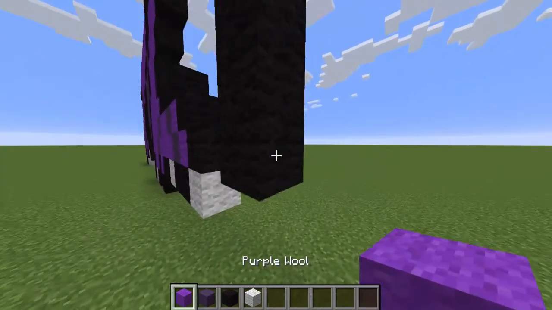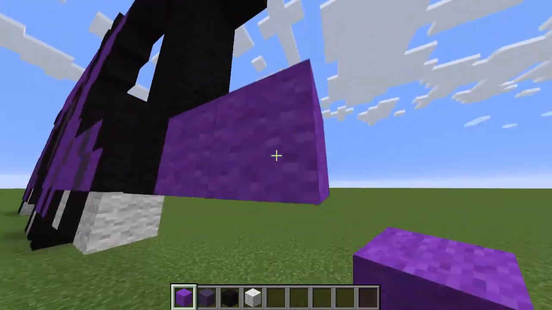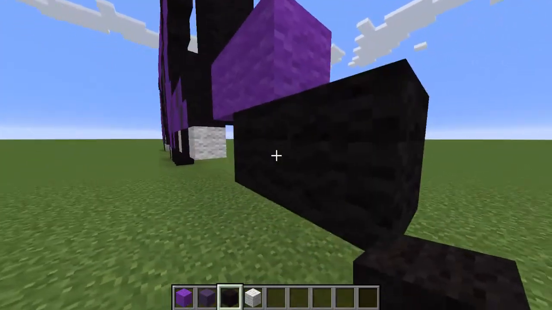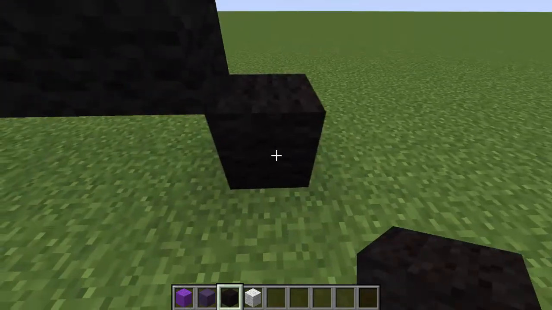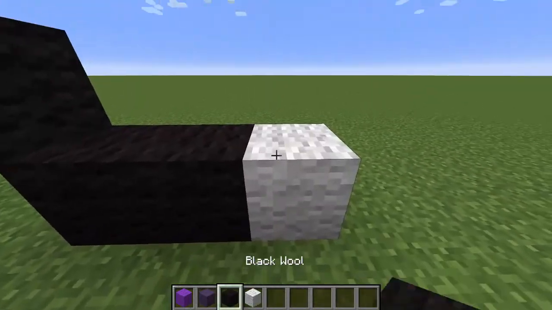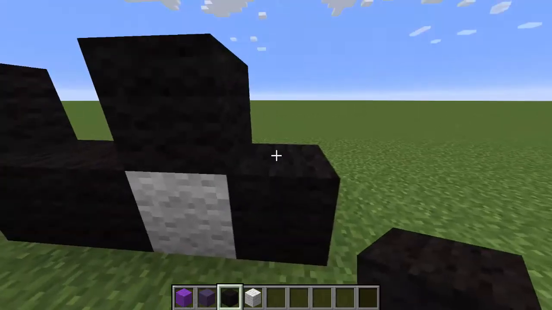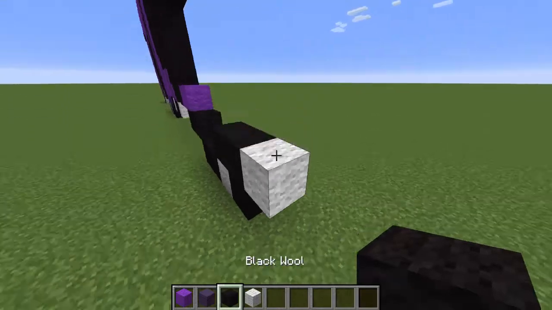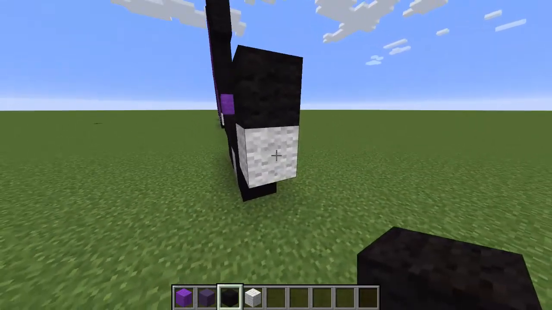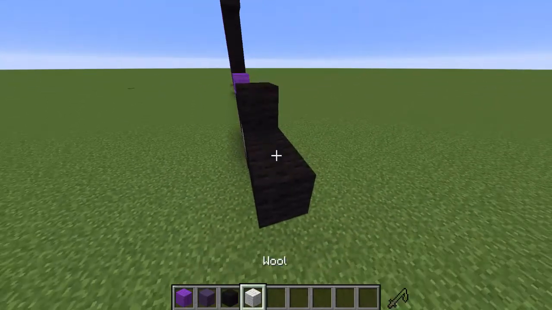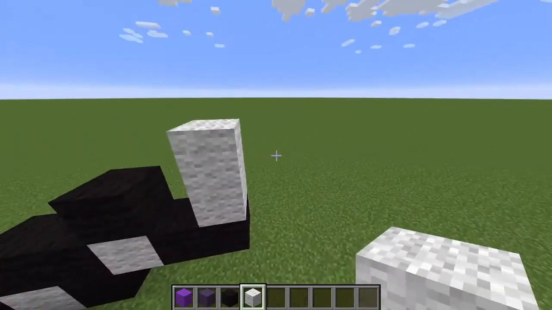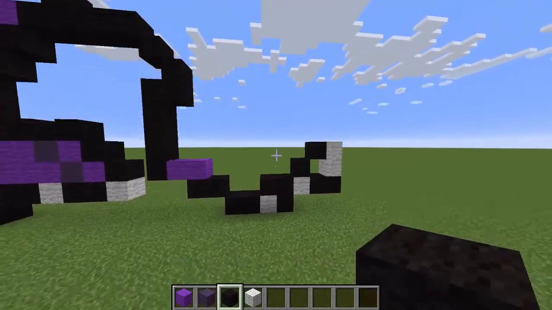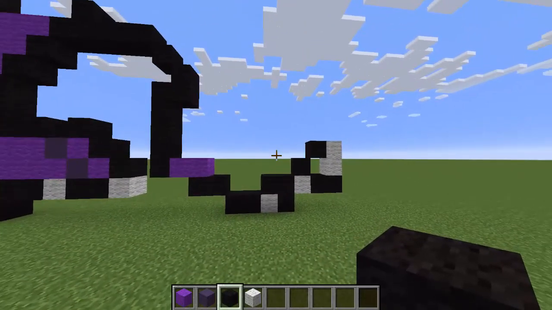Okay, so just so it's easier to build, place 2 purple blocks like this. Get your black wool again, 1 on the bottom of there and another one on the right, and on the ground we want 2 more black, a white with a black wool on top, 2 black wool, a white wool on the side of this with another black wool on top, 2 black wool, 2 white wool and a black wool just there. Okay, so once you've got this, we can continue